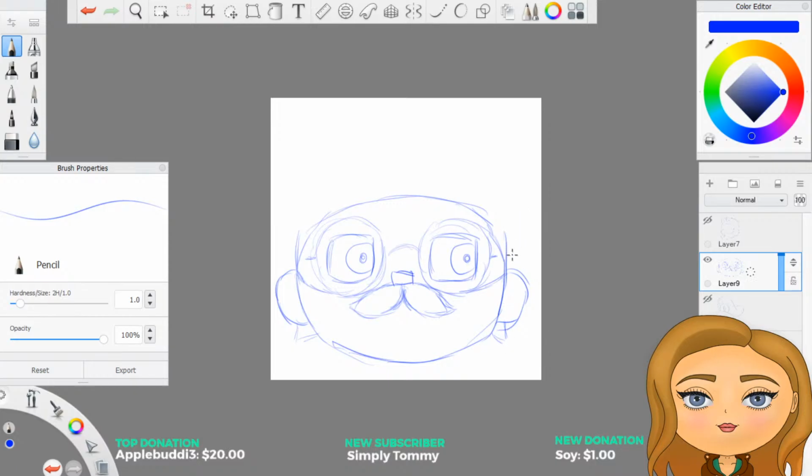So let's give you some spikes. Well, this is what it usually is anyway. I might not keep it fully true to the actual Animal Crossing character. We'll see.